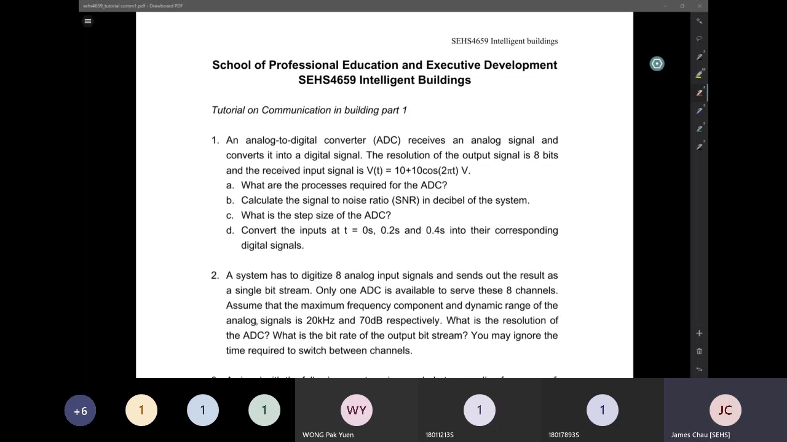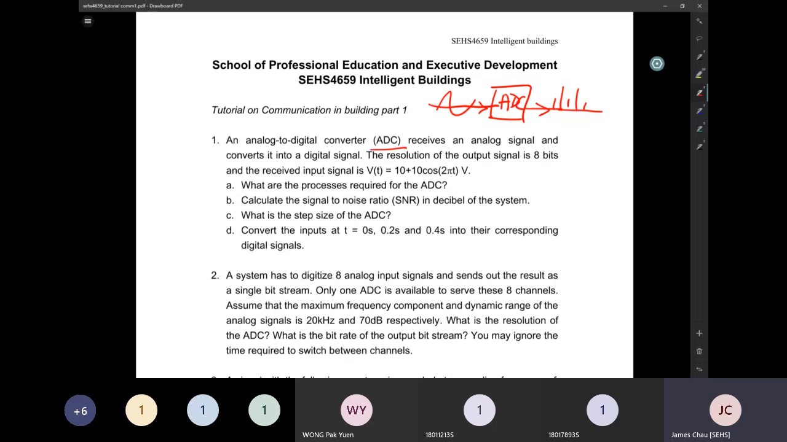The resolution of the output signal is 8 bit, okay? And the received input signal is Vt. It is a sinusoidal function, which is equal to 10 plus 10 cosine 2 pi t, okay? Now ADC, basically, it is a device to convert an analog signal, okay, into a digital signal. Okay, remember 2 weeks ago we talked about this